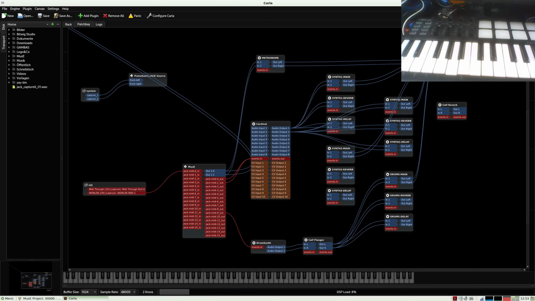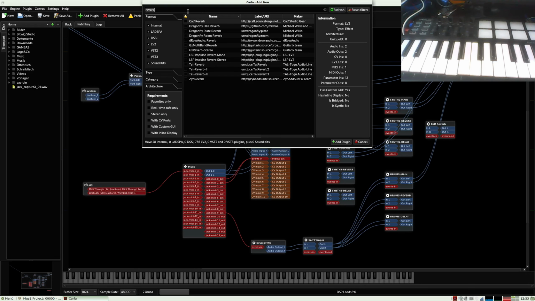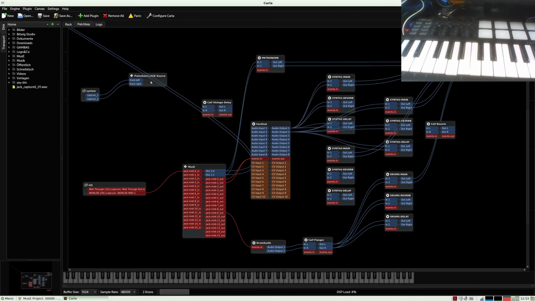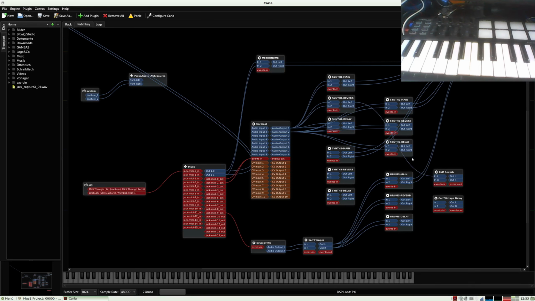Okay, this is Carve reverb, and Control A, delay, and I use the Carve vintage delay. So we have them here, and now these are connected, the reverb outputs here, to the reverb input.